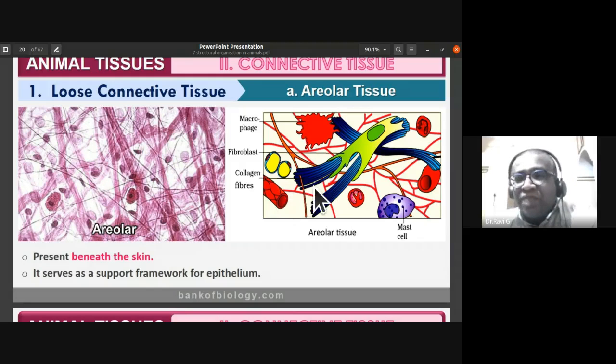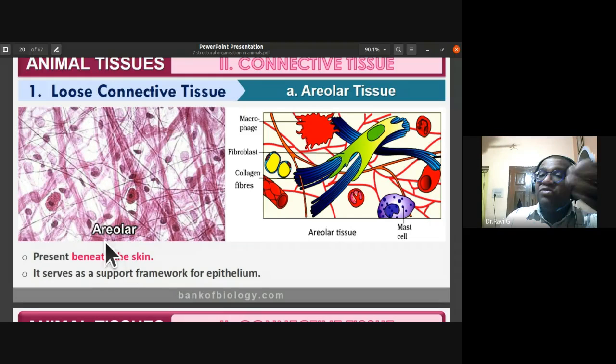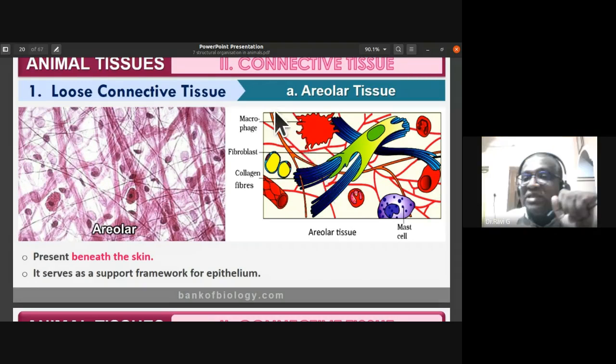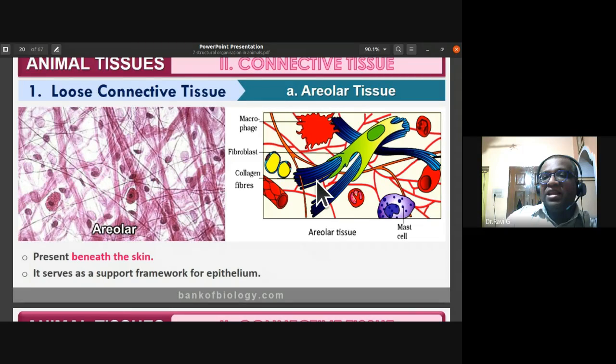See, the collagen fibers, the blue ones, are in a bundle and they are wavy in nature. The collagen fibers are unbranched. Whereas the yellow ones, you can notice, are the elastic fibers. Collagen fibers are also called white fibers. The elastic fibers are called yellow fibers. You can notice the yellow fibers are single and branched, whereas the collagen fibers are found in a bundle, wavy in nature, and unbranched.